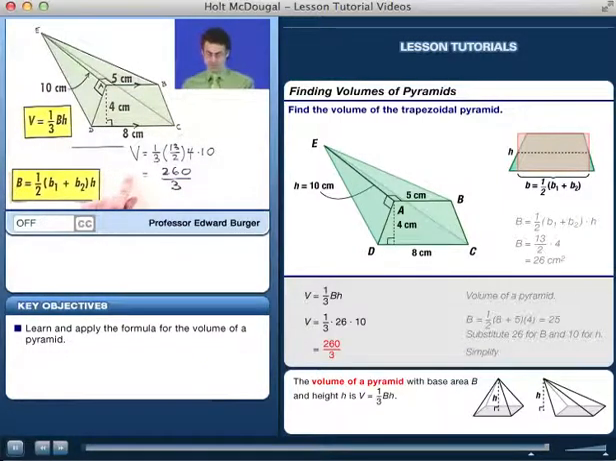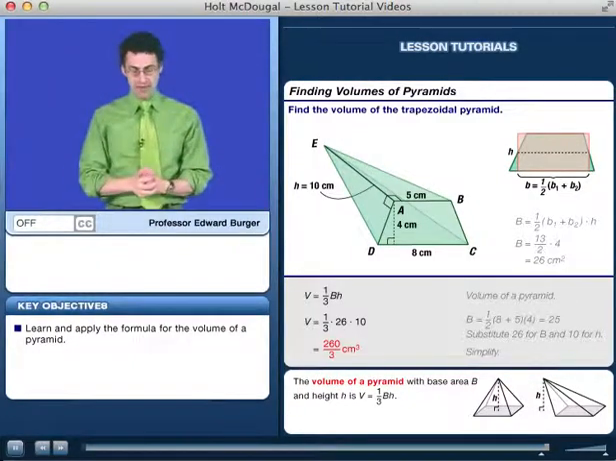That is the volume. What are the units? The units are centimeters cubed. Isn't that great? It's so much fun. So even the exotic objects can, in fact,